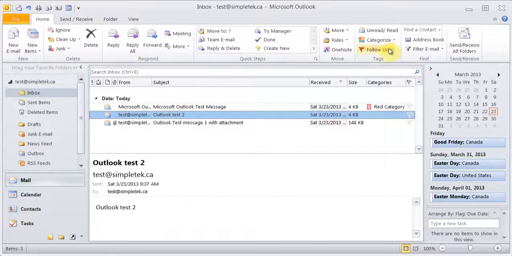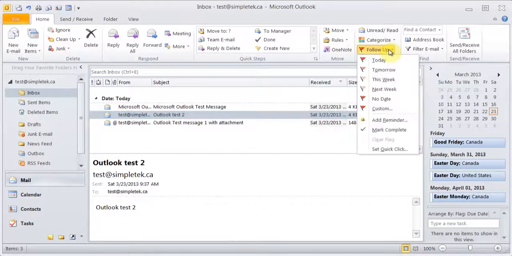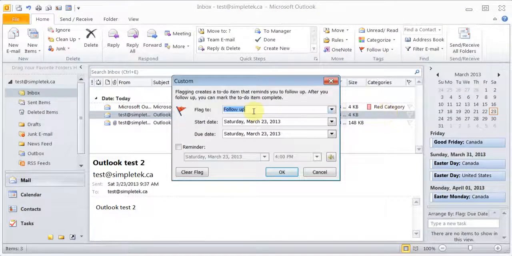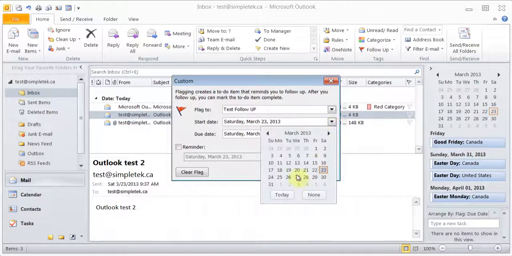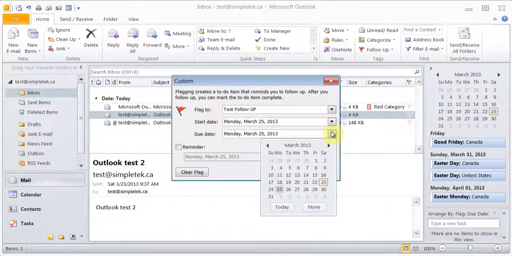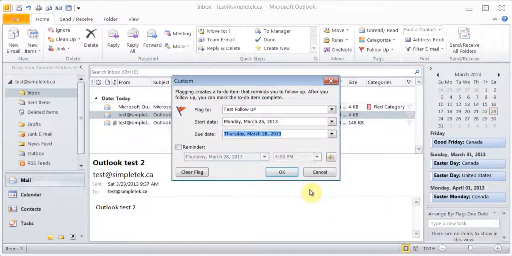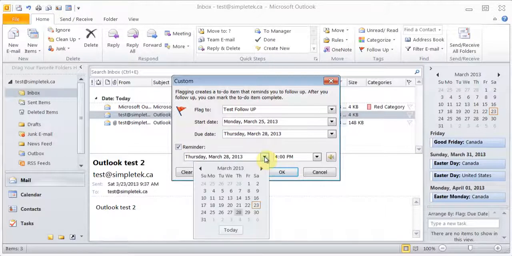Or if I click on this follow up button, follow up means that you will get a reminder letting you know that you need to follow up with this person. So I can say follow up tomorrow, next week, or I can even do a custom, and I can type the follow up reason, and I can say what is the start date for this follow up, what is the due date for this follow up, and do you want a reminder. So I can even set a reminder